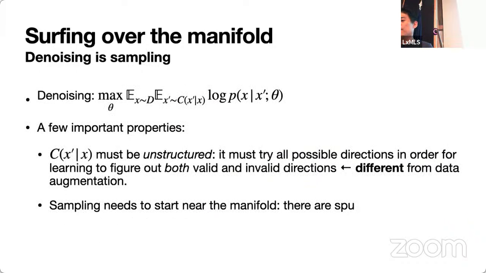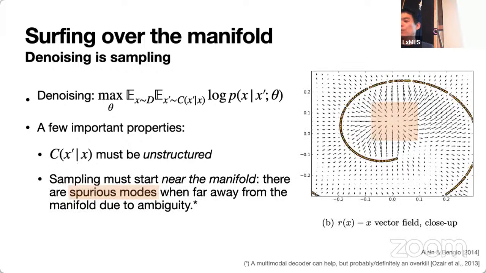So once we do that, all we need to do is just get the unstructured corruption distribution. And then this one doesn't have to be learned. We just decide. And then we just train a transformer to reconstruct. And we do it over and over the entire data set with multiple sweeps because this corruption function is going to be stochastic. And then once training is done, all we need to do is just ensure that we start from a nearby point over the data manifold, because otherwise this will still create all these spurious modes that are far away from the data manifold. And then the sampling procedure can get stuck in these spurious modes.